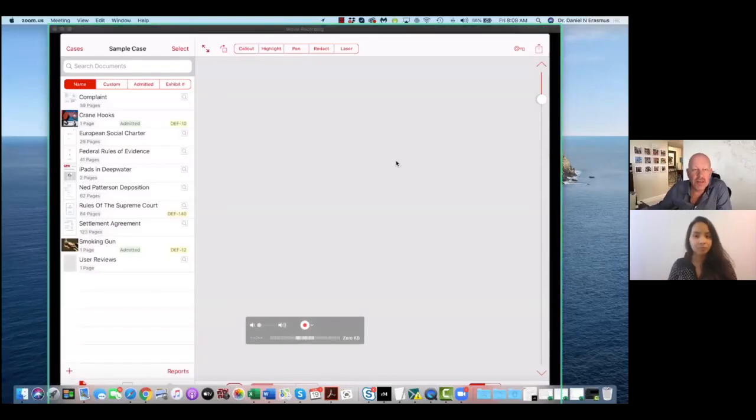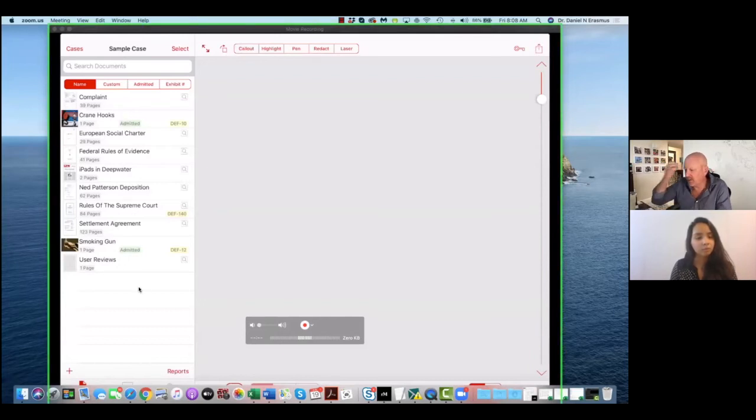So what I'm going to do is share my screen with you. What I'm showing you now is coming off the operating system of my iPad. As I mentioned earlier, this only works off the iPad. There's the name of the case, and then whatever documents have been uploaded.